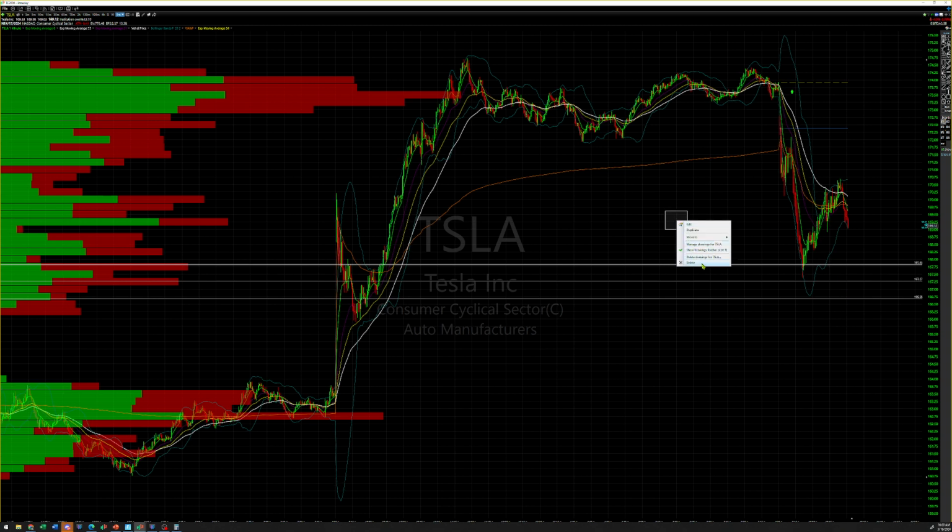Now let's see if Tesla can go all the way back up. And you just do this over and over again until it actually bounces. I don't know which one's going to be the actual bounce. Is it going to be this one? Is it going to be this one? Is it going to be the next? I have no idea. And I don't care, to be honest with you. It doesn't matter to me because when it happens, I will be a part of it.